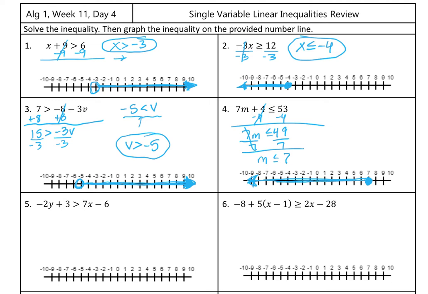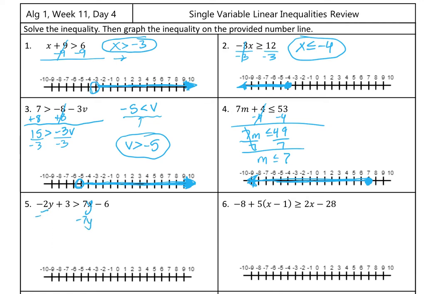Okay, 5 and 6. Okay, now we have a variable on both sides. Oh no, I forgot to switch one of the letters. So let's pretend like this says y instead of x, because we're not supposed to have more than one variable until the next lesson. So you can either switch the one on the right to y or the one on the left to x, and then go about your merry business and get the, in my case, y's together on